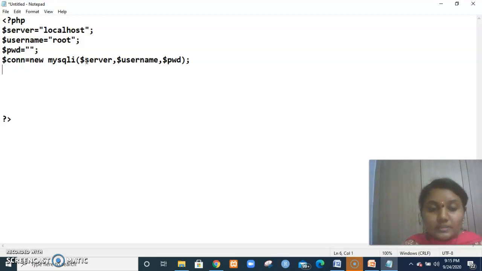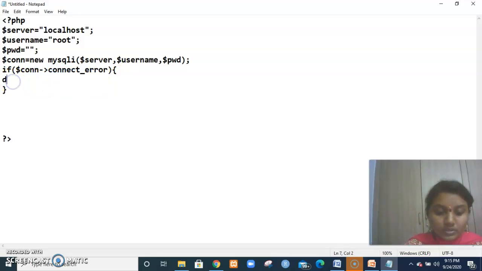Once this connection is made, we have to check whether the connection is successful or not. For that, I'm writing one if condition. Within the if condition, I'm checking the connection. So where is my connection? $con. Using this, I'm giving connect_error. This connect_error will display the error message.